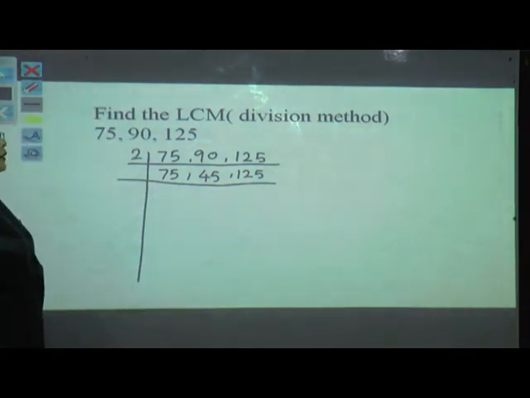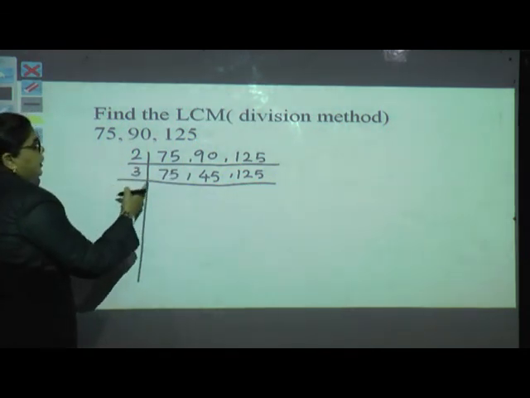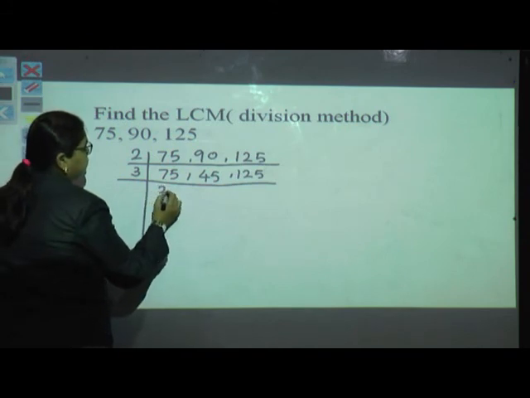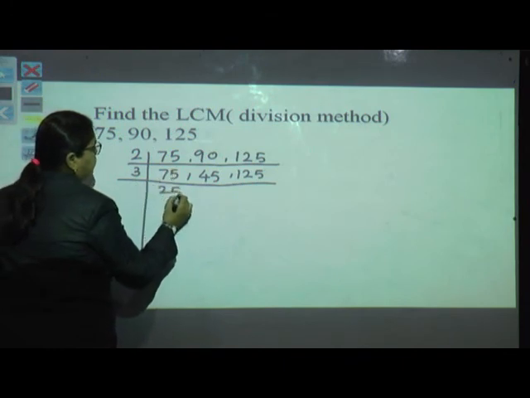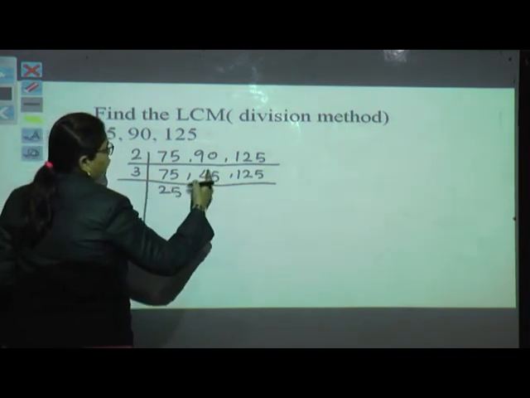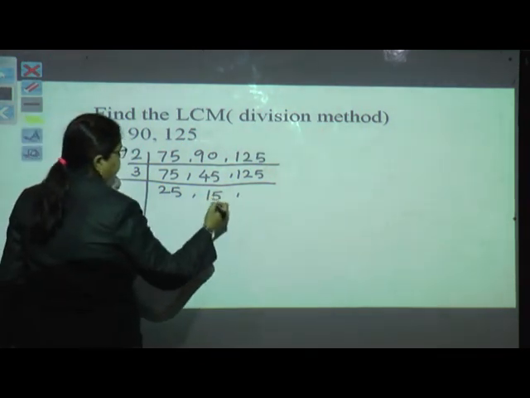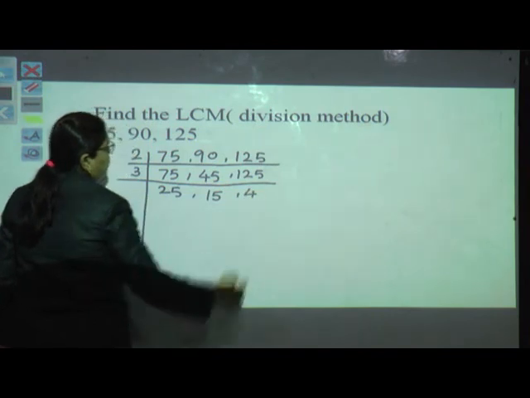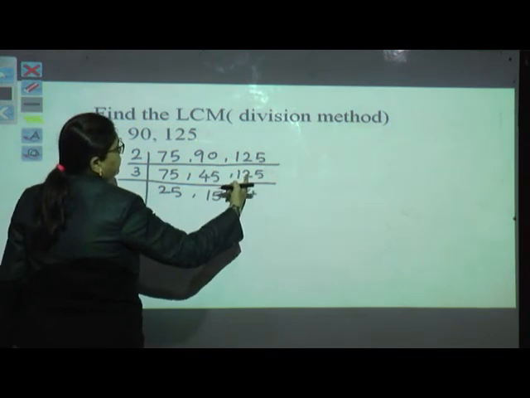Now we don't have any even number, so we will try with 3. We can divide this number by 3, giving a remainder 0. So we will write with a 3. 3 1s are 3, 3 2s are 6, 7 minus 6, 1 left, it is 15, 3 5s are 15. Here 3 1s are 3, 4 minus 3 is 1, so here will be 15, 3 5s are 15. Here 3 4s are 12, and we are unable to do it here with 7 and 8.